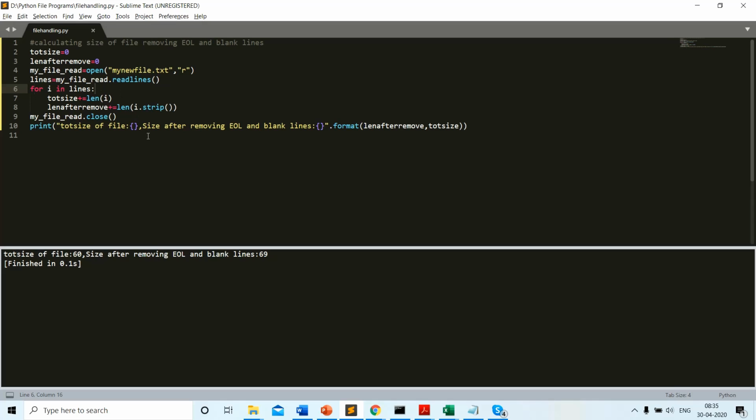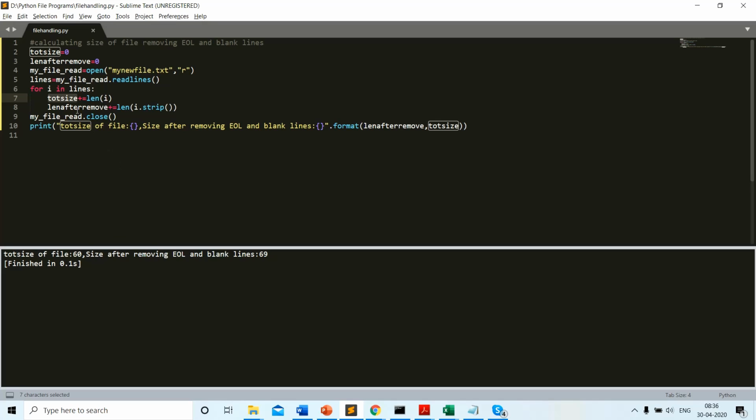We will iterate through each and every line of the file. Why are we doing that? We need the total size of each line. If we find the size of each line, then we will add it on to the existing total size variable, and the end product will be that total size holds the count of the characters in the file. So we will be iterating through the lines in the list variable, adding the length of each line onto the total size variable. The final total size variable will have the length of the whole text file.